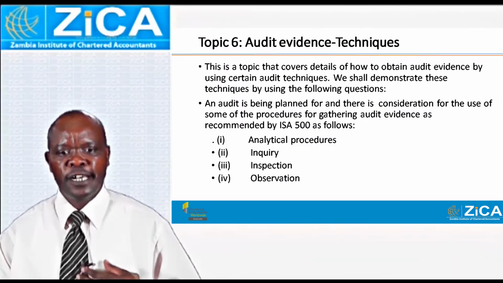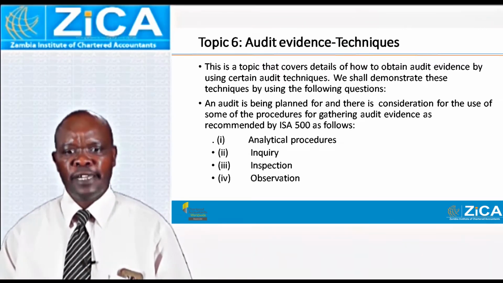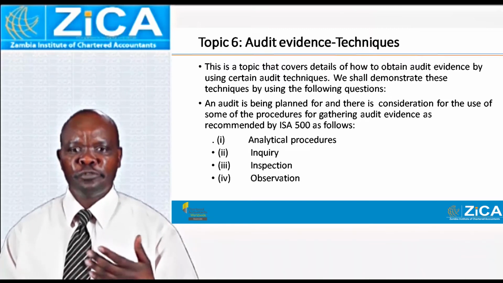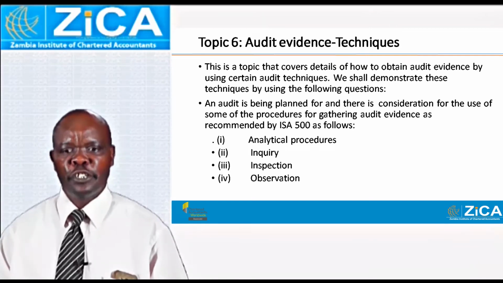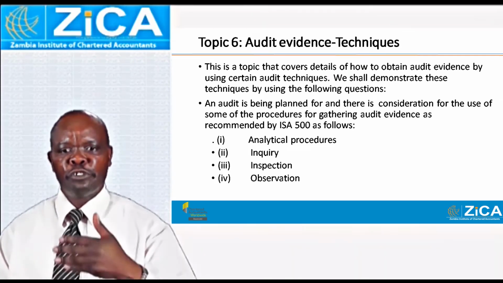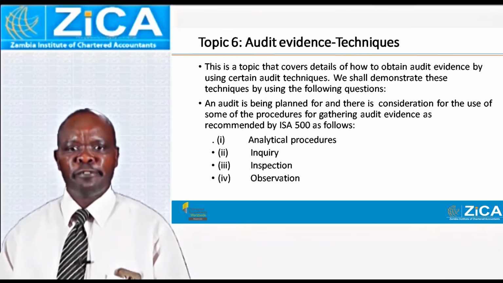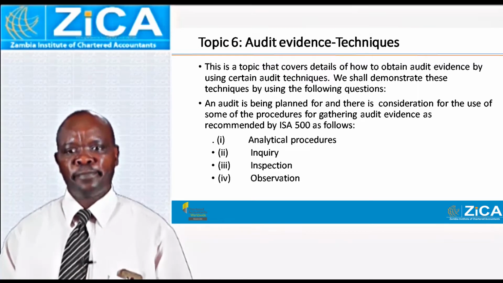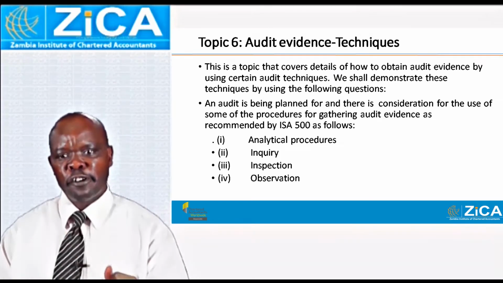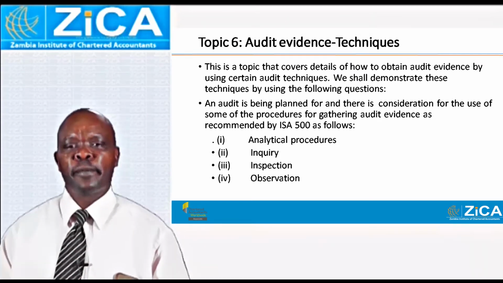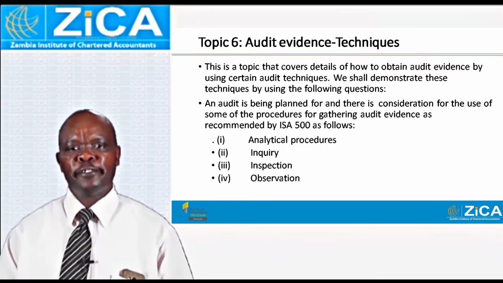Then the topic 6, that is audit evidence techniques. So audit evidence are basically the materials you obtain from the client, the financial statements, the cash book. In short, what can you bring to the table that you got from the client premises or records? To try and get this information, there are techniques that have been designed. Again, these techniques are not from your head or from yourself as a candidate. The techniques have been mentioned in the standard, that is ISA 500.